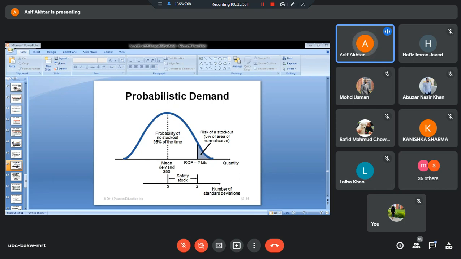So non-availability of inventory means stock out, shortage. So there is a 95% chance that inventory will be available, and a 5% chance that inventory may run short. We are taking the Z value assuming that at 95% the inventory will be available. So we are taking Z corresponding to that region where the probability is that the inventory is available. So Z is with respect to the 95% level, which comes out to be 1.65 from the diagram, from the table.